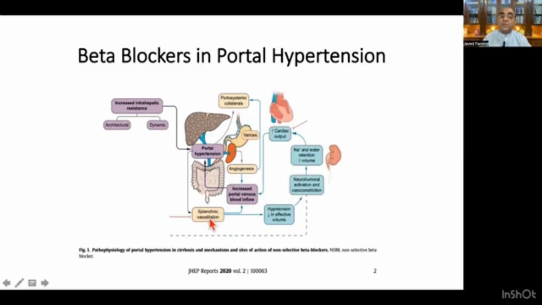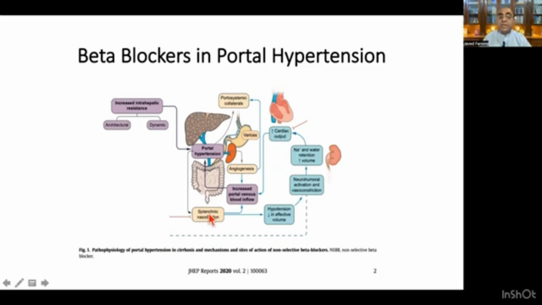Because of the splanchnic vasodilatation, which I just told you, because of the increased concentration of nitric oxide, there is also hypotension in the effective volume, and this leads to neurohumoral activation and vasoconstriction, leading to sodium and water retention and increased volume by the kidney, and this again increases the venous return to the heart, and it again leads to the increase in the cardiac output. So the nitric oxide